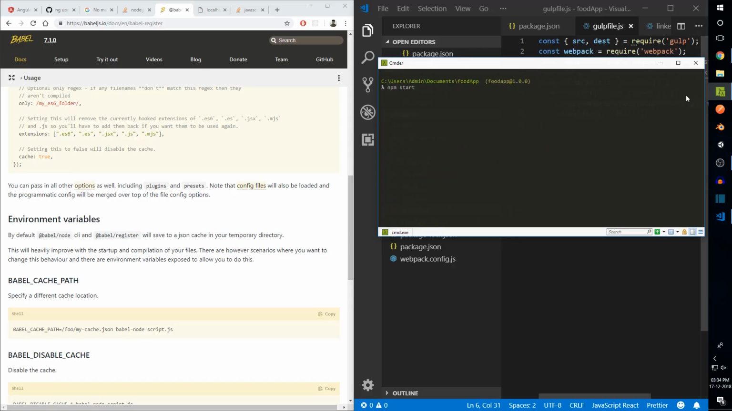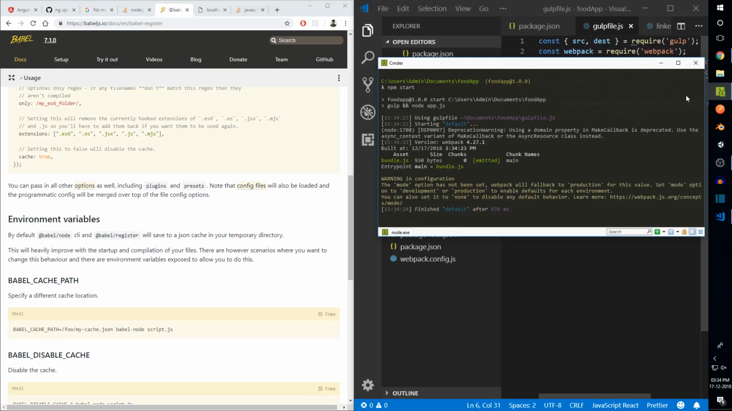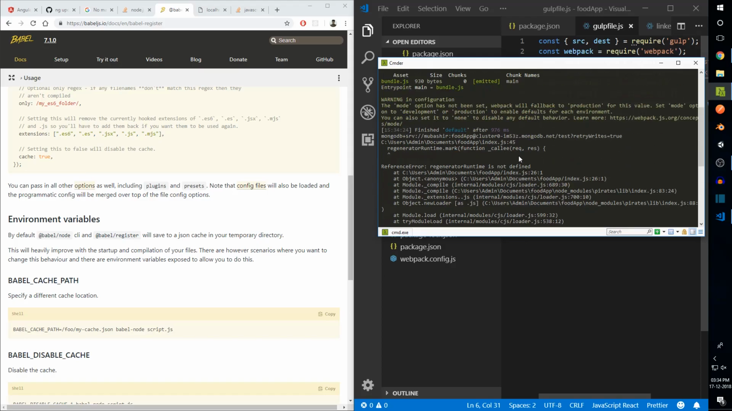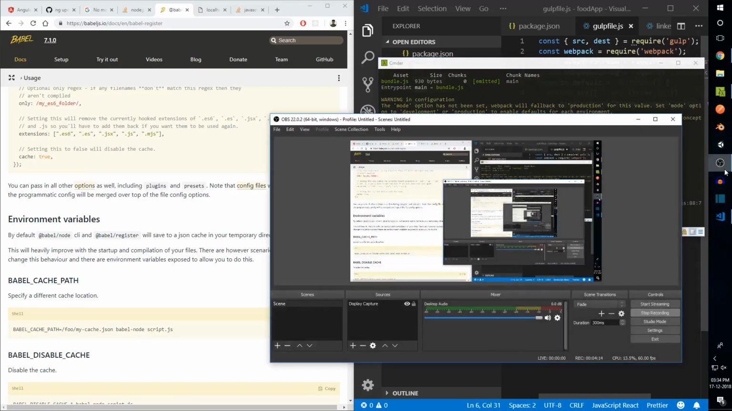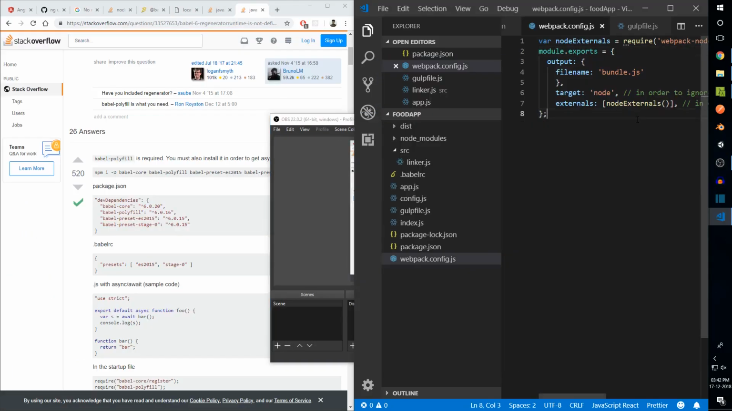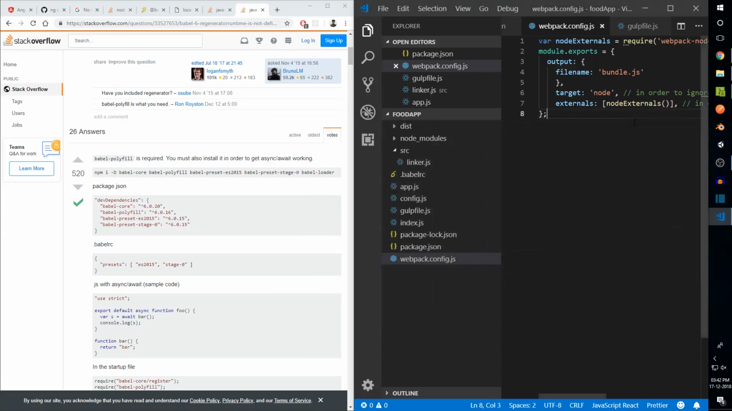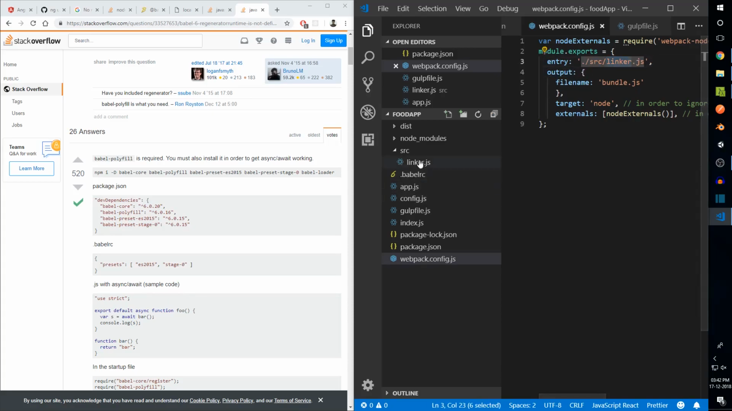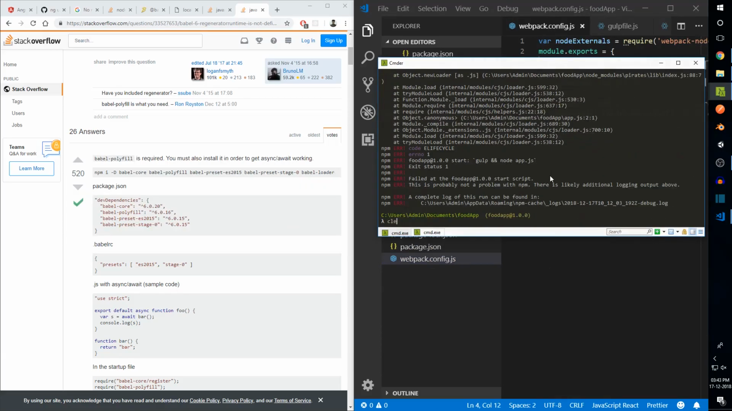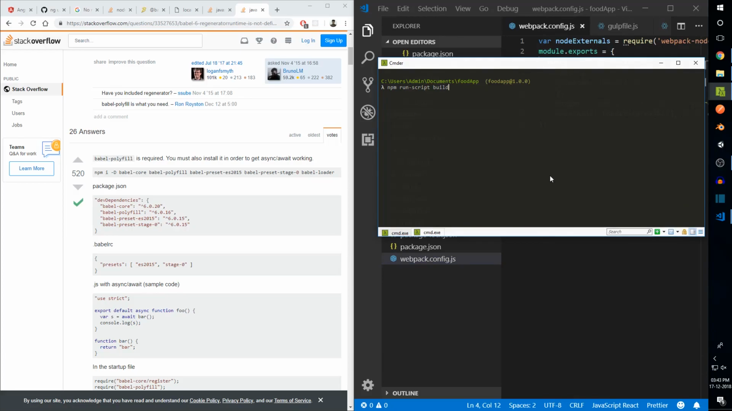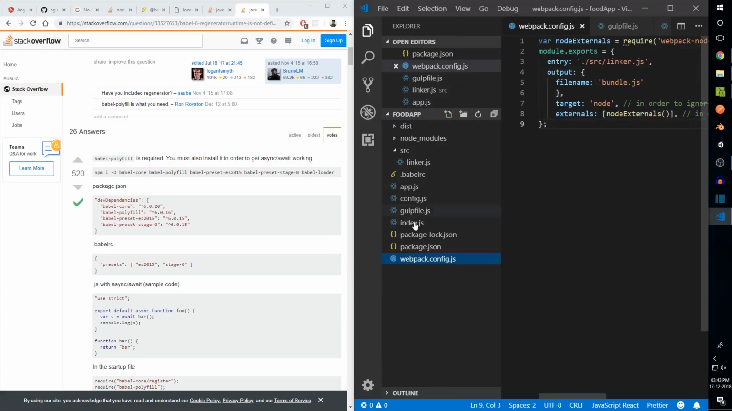So I went ahead and did npm start after adding linker.js to the gulp file, and this time we were able to build the entire project, but we got an error. It again says regenerator runtime.js is not found. So I went ahead and searched on Google, and I found a Stack Overflow answer, wherein it says we have to have polyfill. So I just added the entry point in webpack.config,